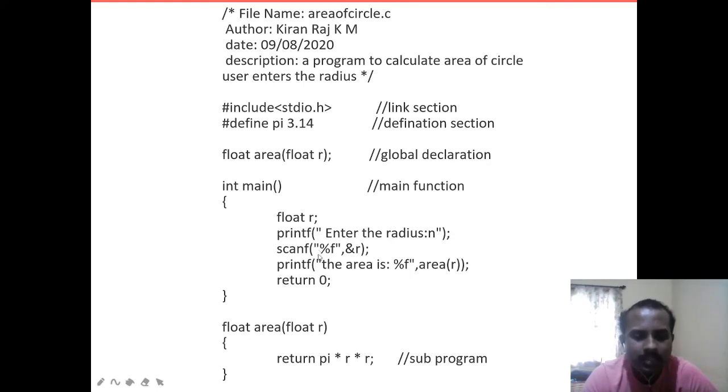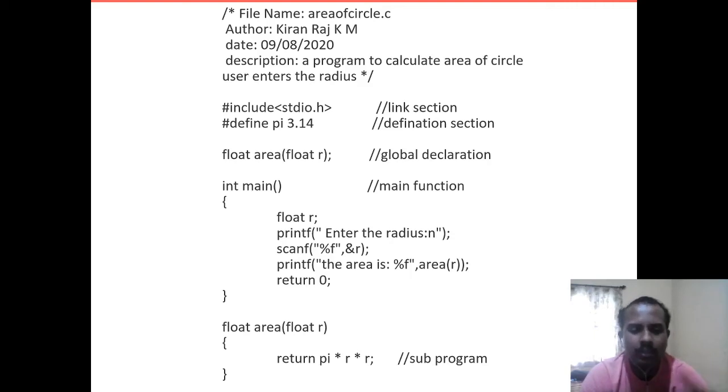And the next one is the executable part. What are you going to do in the executable part? You are going to execute the program, so you have to write the logic for that. Here I'm printing the statement, enter the radius, then taking the value of the radius as input. In the next line, I'm going to print the area. I'm calculating the area and printing it. You need not worry about this one. Just remember,